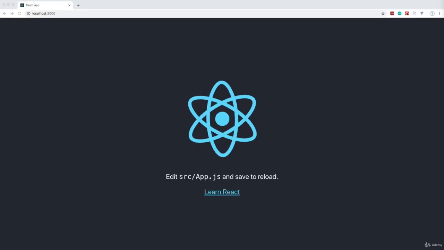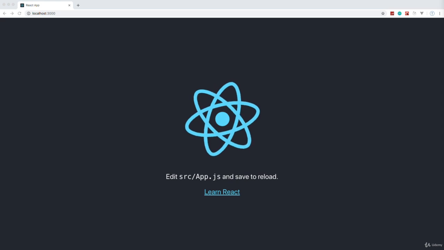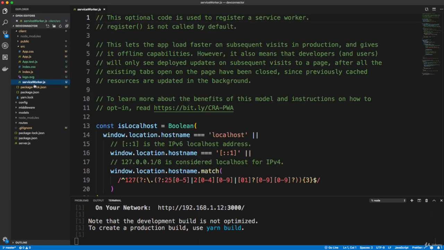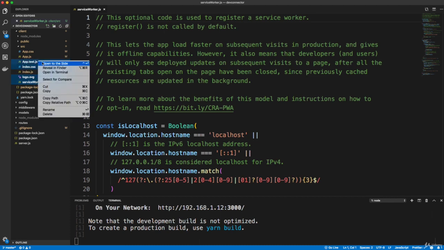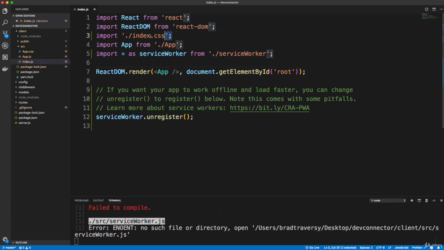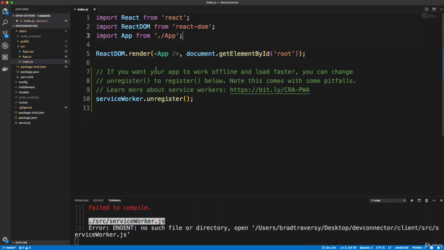All right, so now we're going to do some basic cleanup here in our Create React App application or boilerplate. So in VS Code, I'm going to go into my client source folder here, and I'm going to delete some files. I'm going to get rid of service worker.js, logo SVG, index CSS, and app.test. So I'm just going to completely delete those files, which will break our application for now, but we're going to go into index.js, get rid of the reference to the index CSS, get rid of the service worker, and this